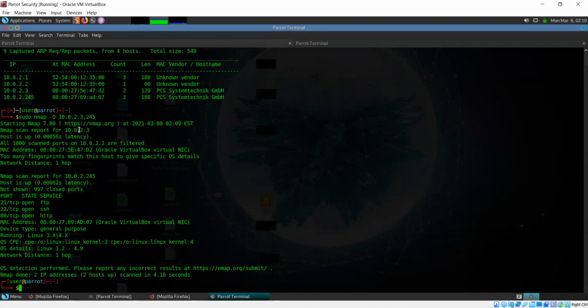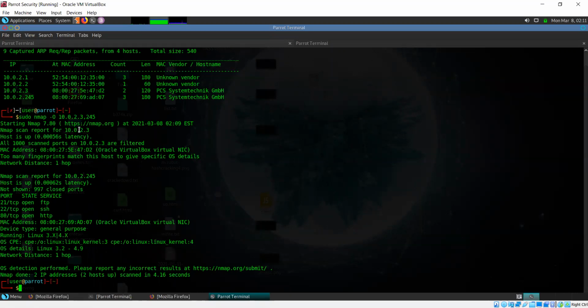When Nmap does not get any response to its scan, then it comes to the conclusion that there might be a firewall, and it says that this port is filtered.